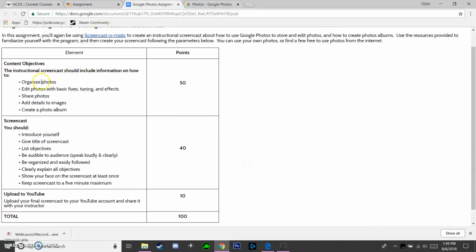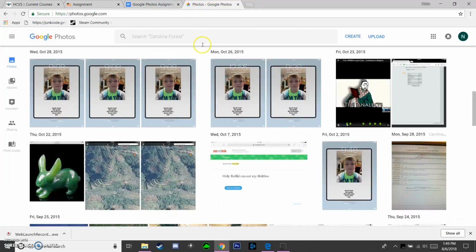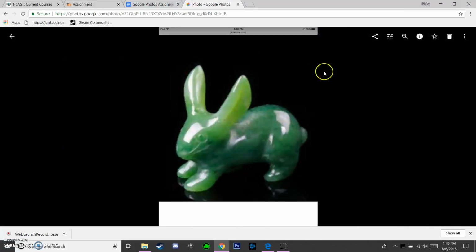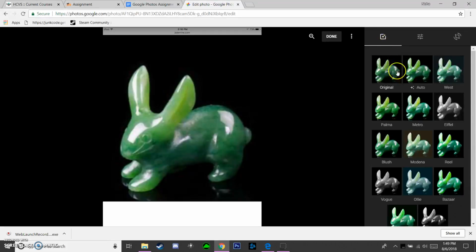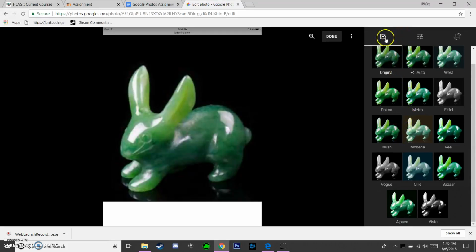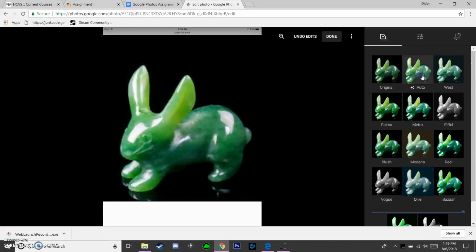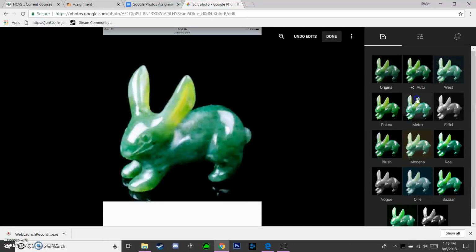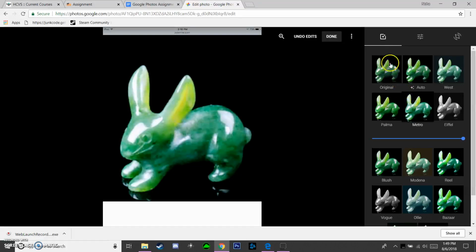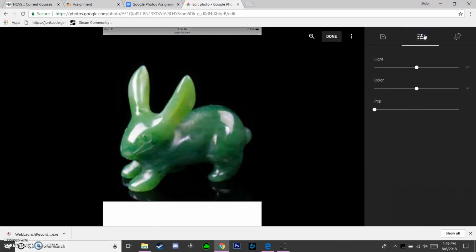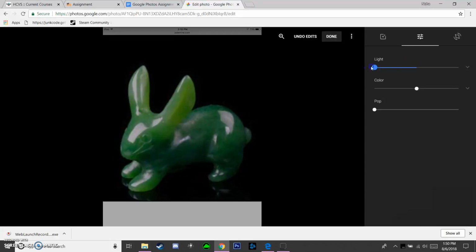So the second thing we are going to learn how to do is edit photos inside of Google Photos. This is also fairly easy. All you have to do is select the photo, select edit, and then in the first tab you can put on a color filter. In the second tab you can adjust light,